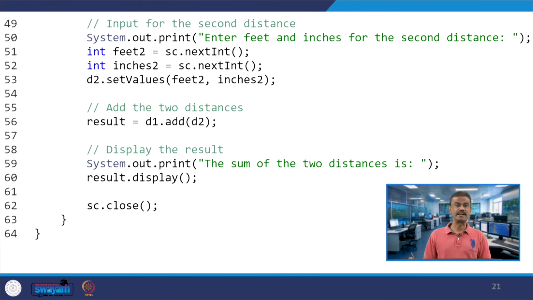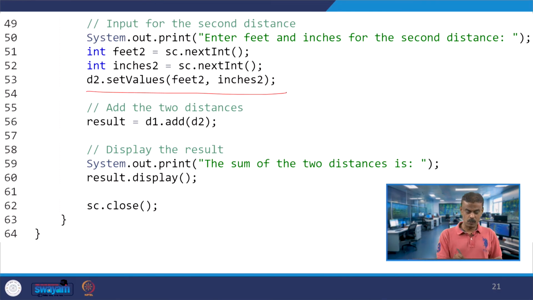Similarly for the object D2, whatever feet 2 and inches 2 you are taking as input from the user, D2.setValues(feet2, inches2) sets them.